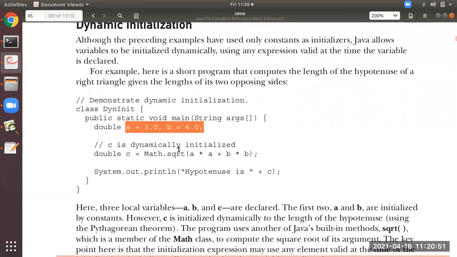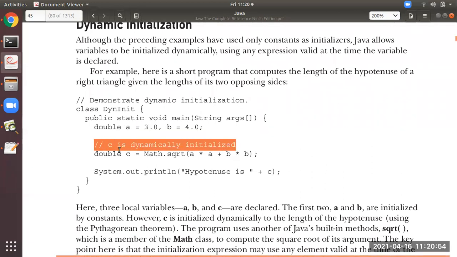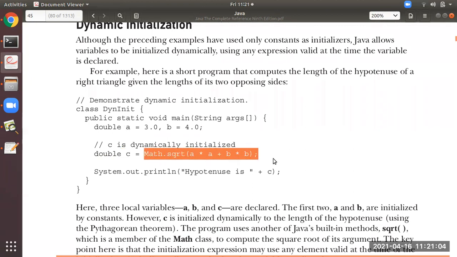The next line you see there is a comment. Then below that you see double is the data type, c is a variable. But the point to notice in this program is that c is initialized with a formula. It is not initialized with a value. When your program gets executed, at that time this formula will be computed and the value will be assigned to c.